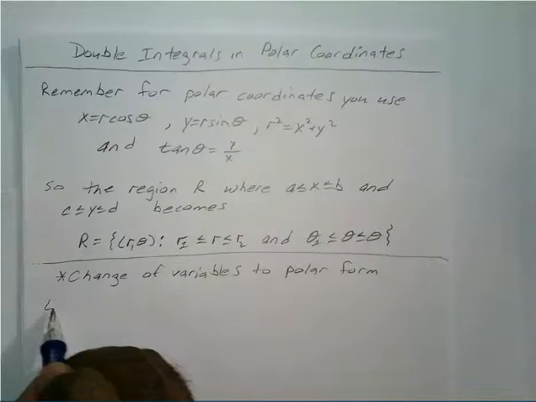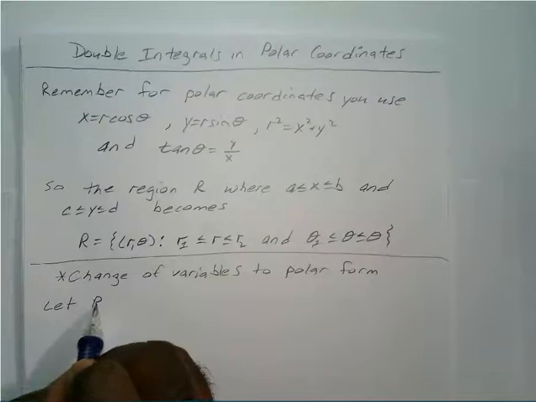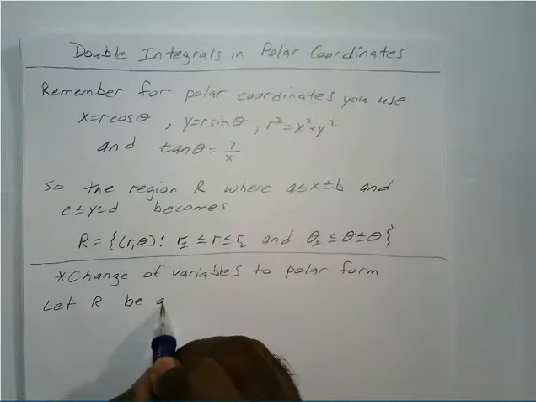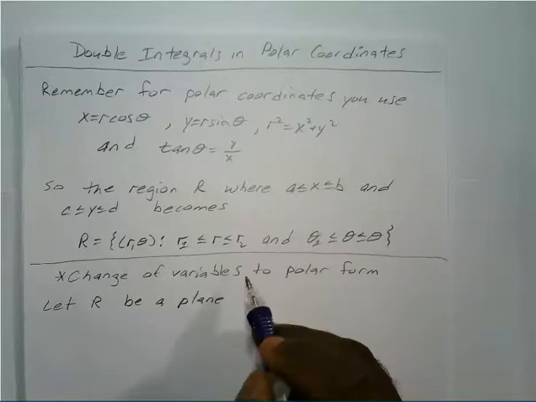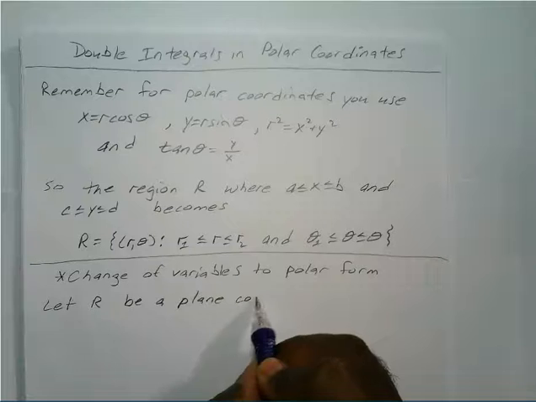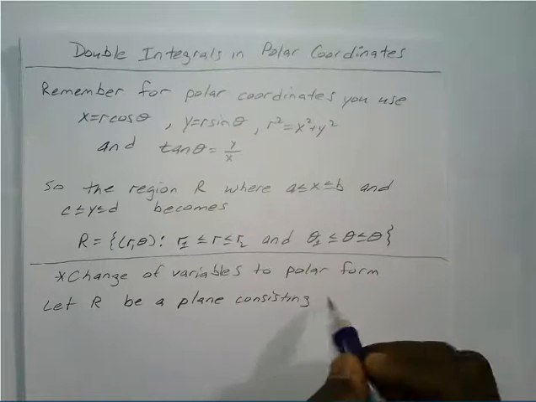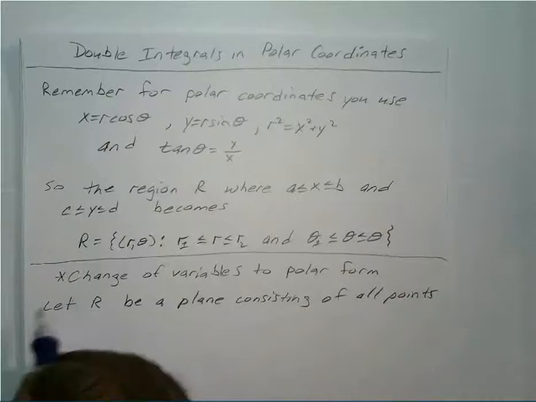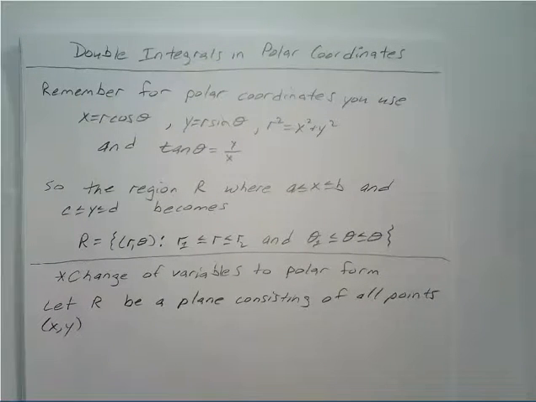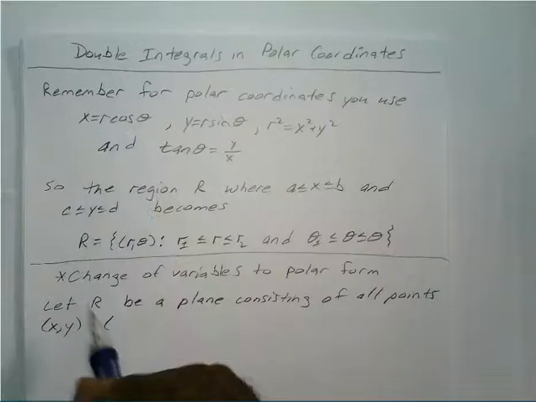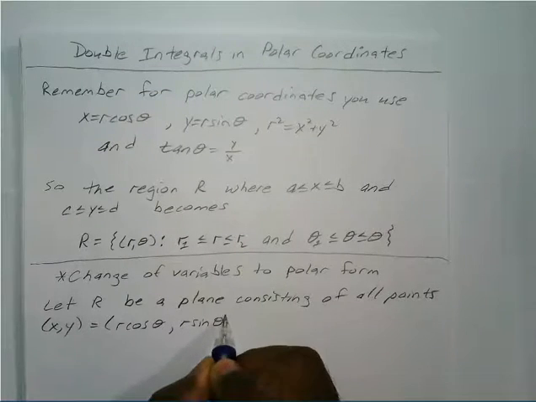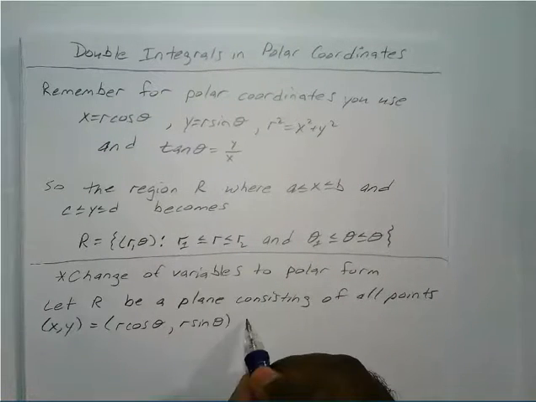What if we let R represent our region, the plane consisting of all points (x, y), which is of course equal to (r cosine theta, r sine theta), satisfying the conditions